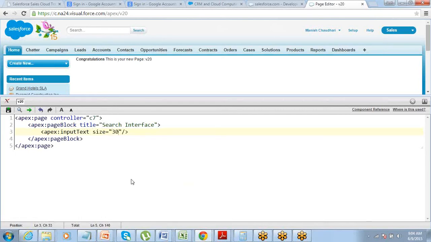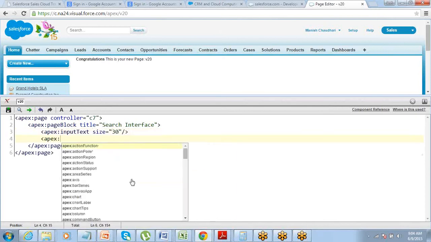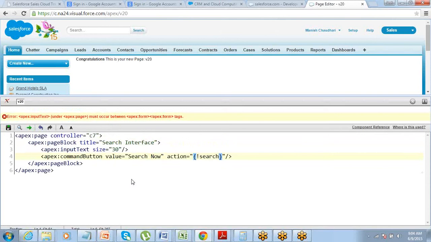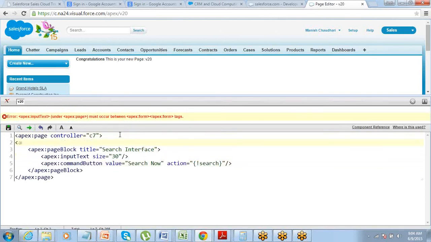Size 30 and Apex command button, search now, action will be search. Form component is required, fix form.